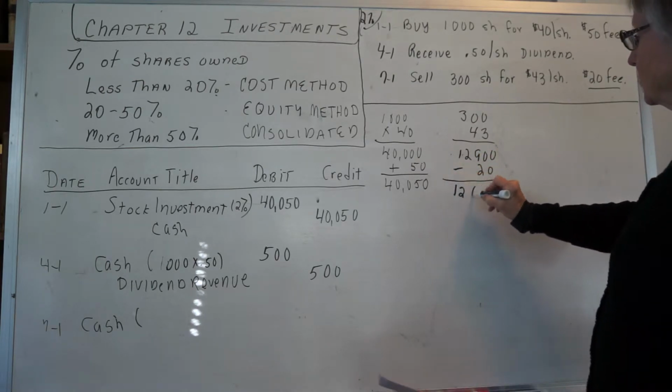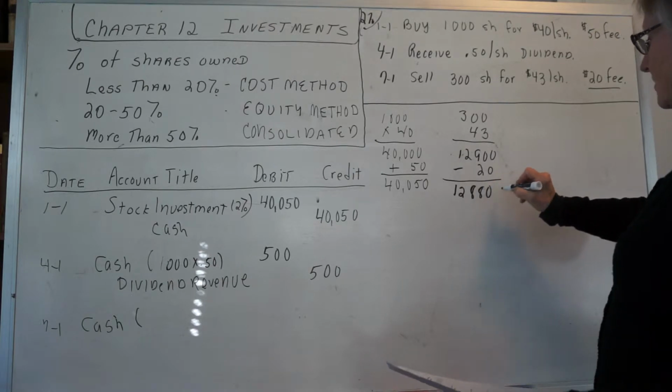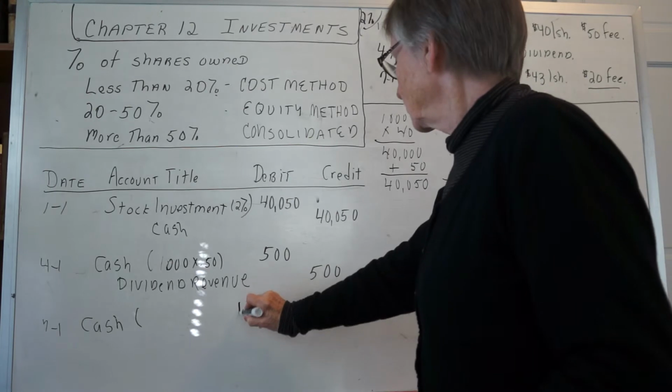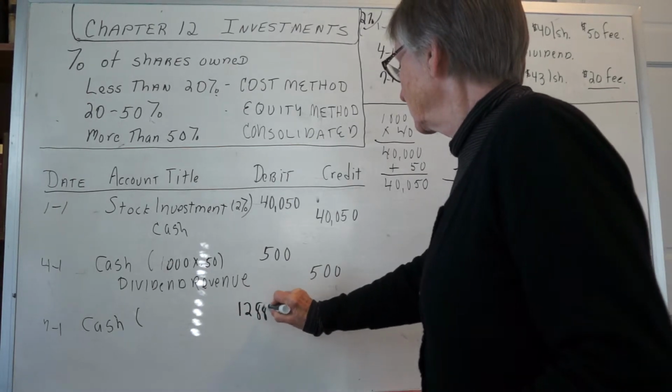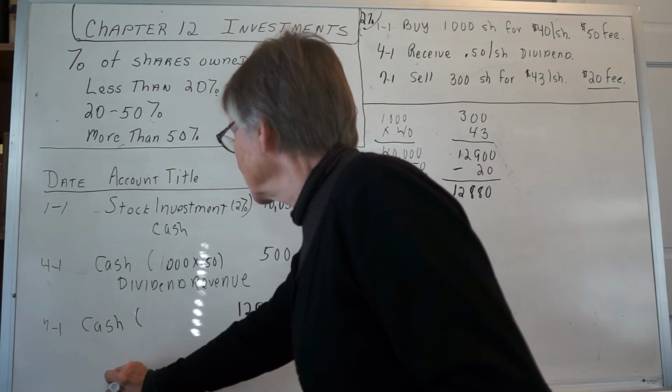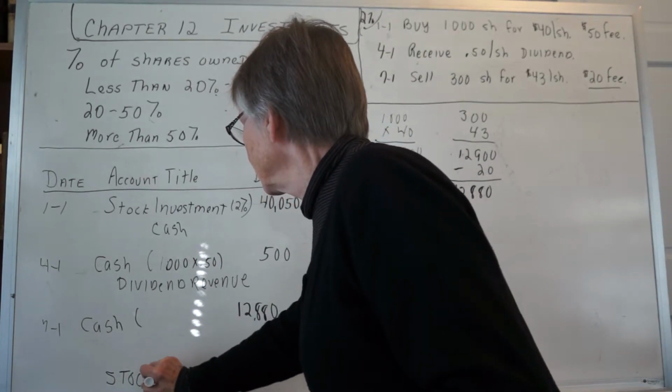So we end up with $12,880 cash in, or proceeds on it. So we would get $12,880 in cash, and then we know that our stock investment has to come off the books,